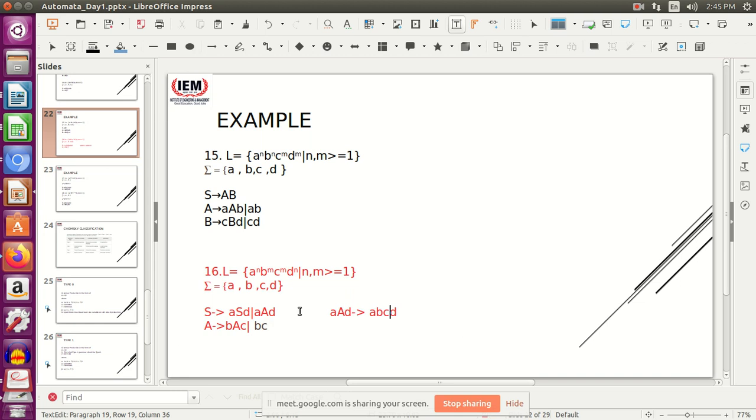That is fine. BC will only be here. And if I need more than that, I will try to replace it with BAC, and then in the next line again I can replace this A with BC. That will give me AB, BC, CD. So see, number of B equal to number of C, number of A equal to number of D. It's getting satisfied. Okay, so this will be your production rules.